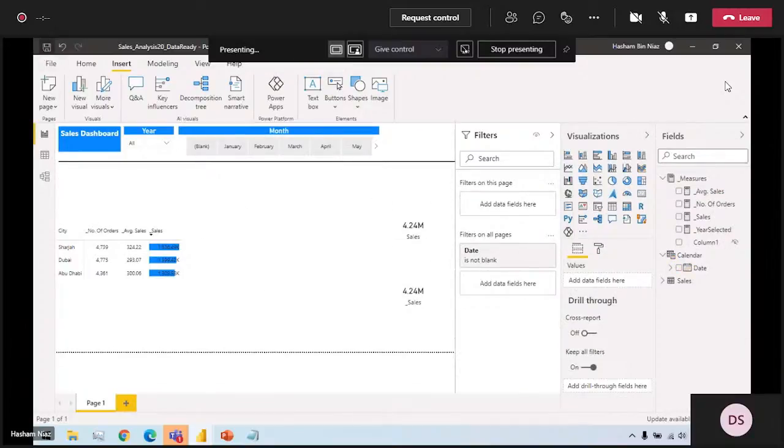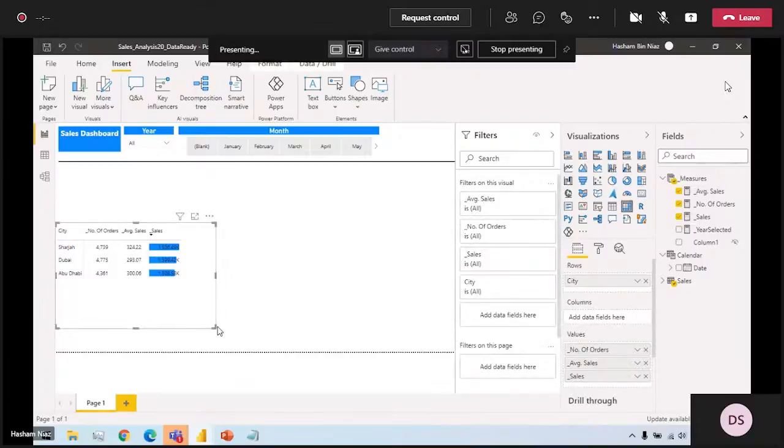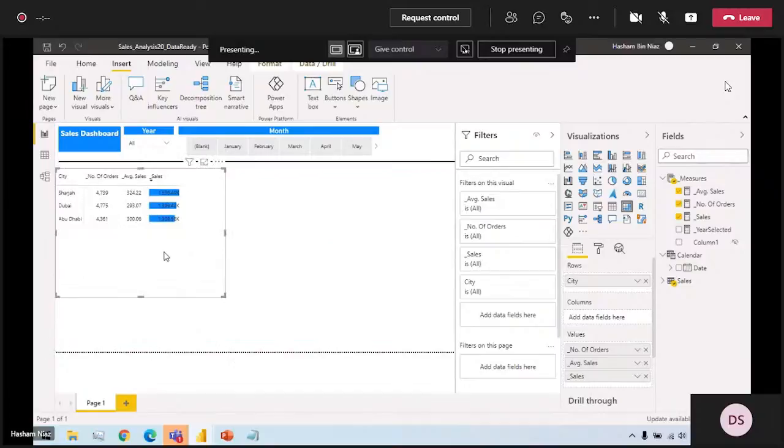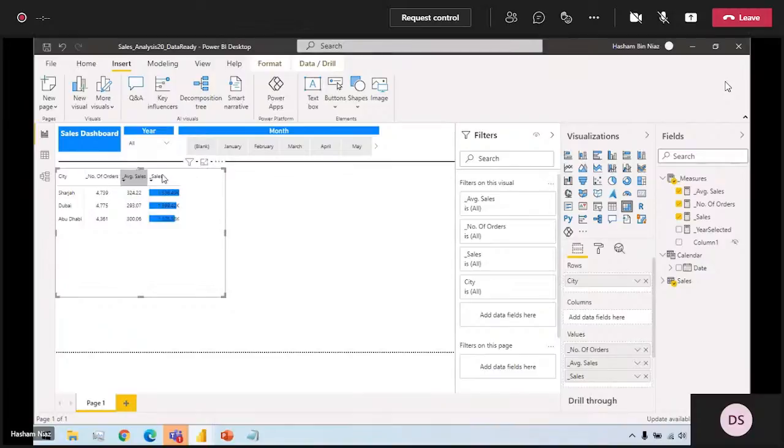So I have done this one, and now I think we have 20 minutes left. So we will try to quickly fill the chart, what the different KPIs will look like, and how we will do it. So we have almost done this, and now most of the part of the exercise would be just to copy paste these things, and then we'll move on. So let's say we have this one available already here, and if I want to hide all these charts, and I want to use the shapes here rather than these,